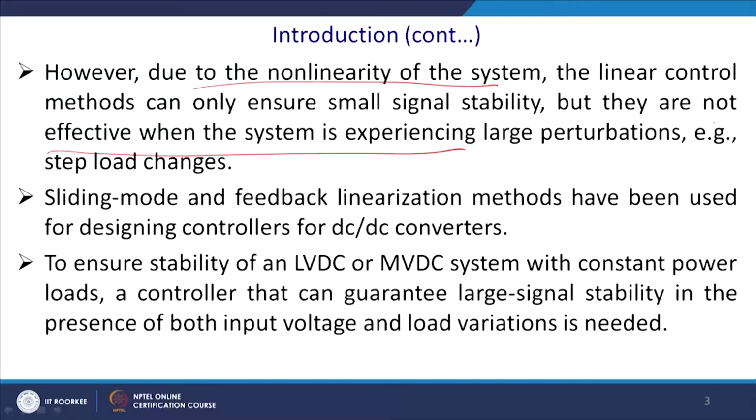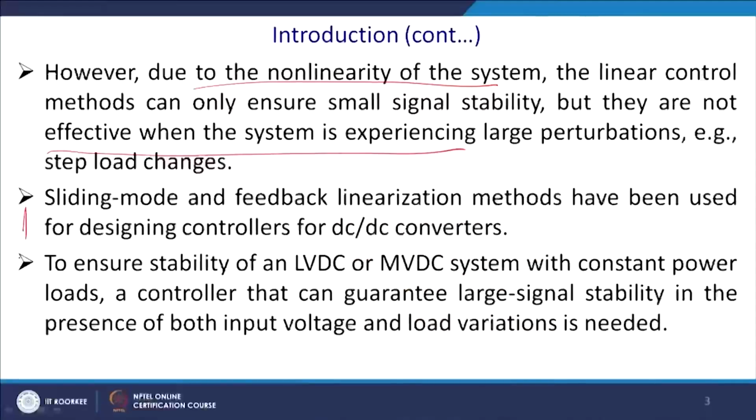a sudden high load change. For example, all of a sudden irradiation comes down drastically, clouds come and irradiation drastically falls from maybe 1000 watts to 200 watts. Or all of a sudden a fault has occurred, and you have gone from the grid connected mode to the islanding mode. These are the large changes in the system,